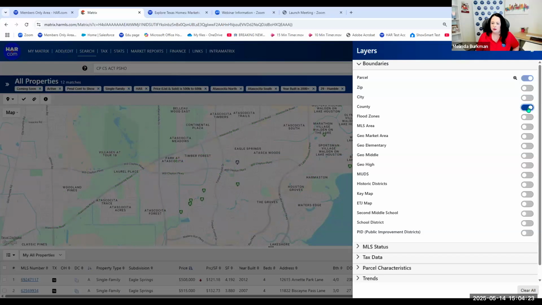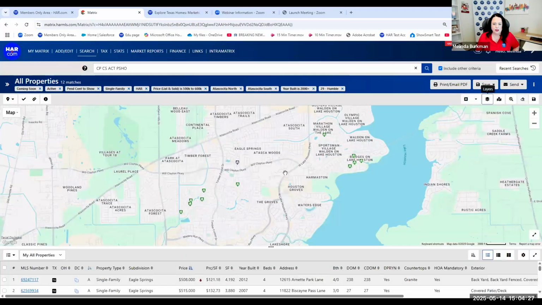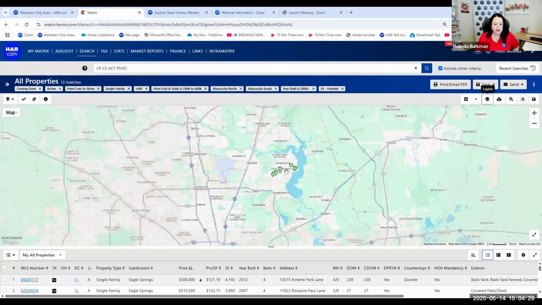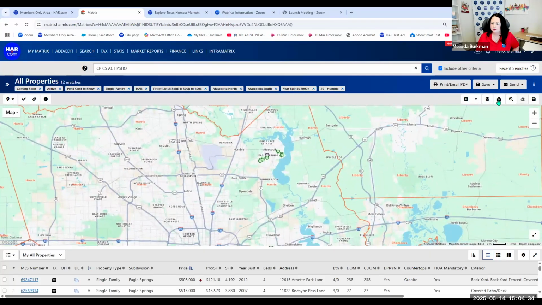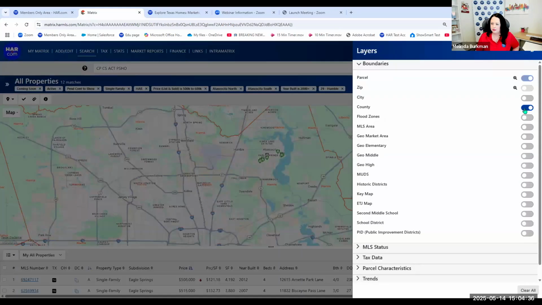Show me the flood zones. I'm sorry, the counties next. So for county, I'm going to have to zoom out a little bit, and then it'll show it in orange. Show me the flood zones.